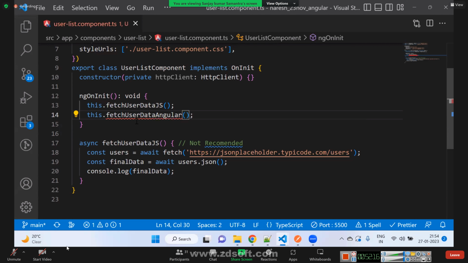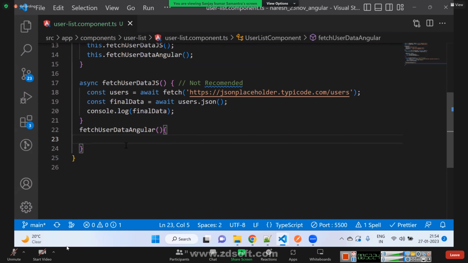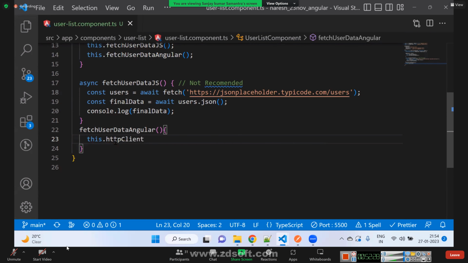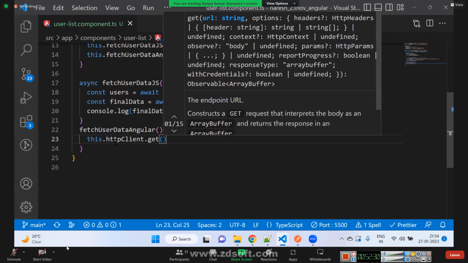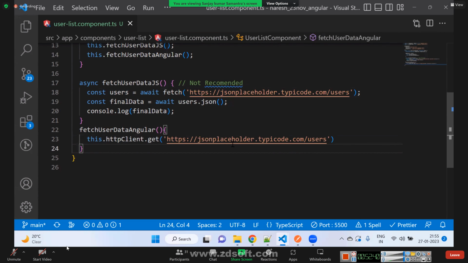Angular. This is the Angular way of fetching the data. In the Angular way, we write this.http client.get, which will hit the URL. The URL looks like this. When we hit the URL, actually